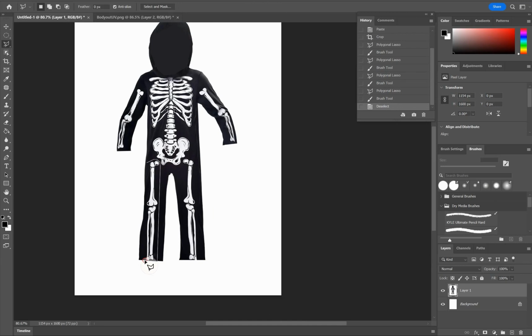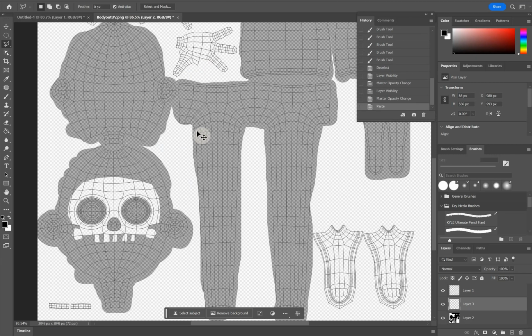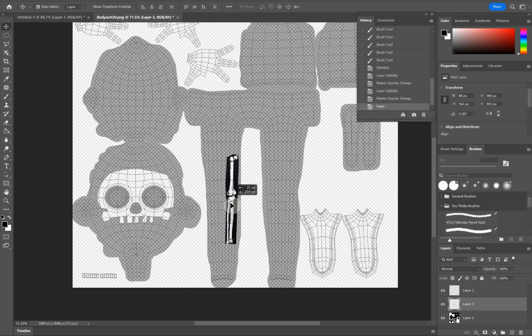It's not massively wonderful, but I'll do that. Go Control Copy, and come over here and I'm going to go Control Paste. It needs to come down the inside of the leg somewhere, so if I do that, then I can go Control T